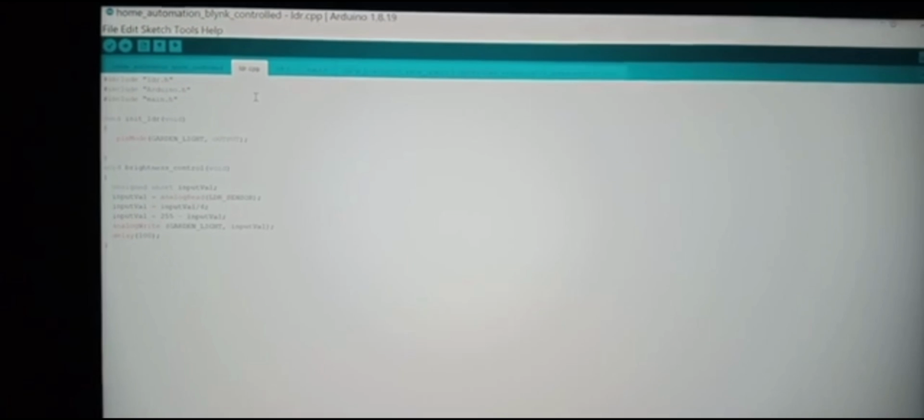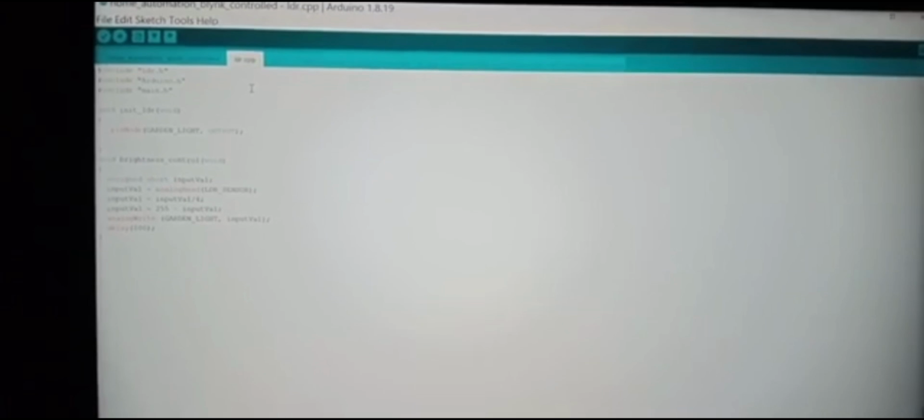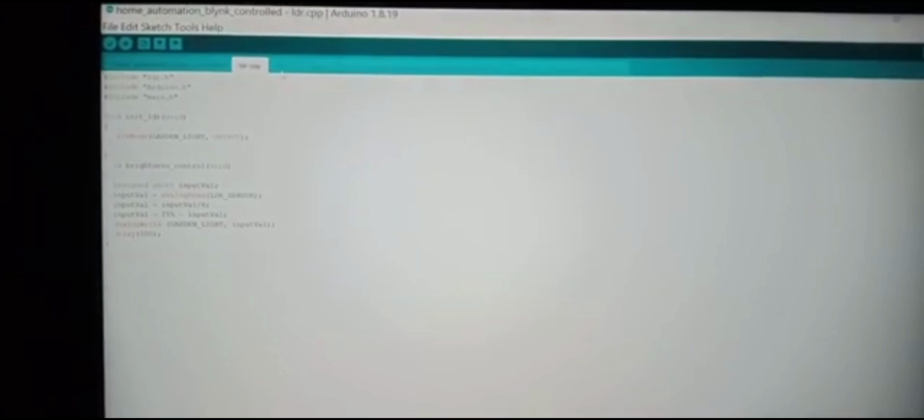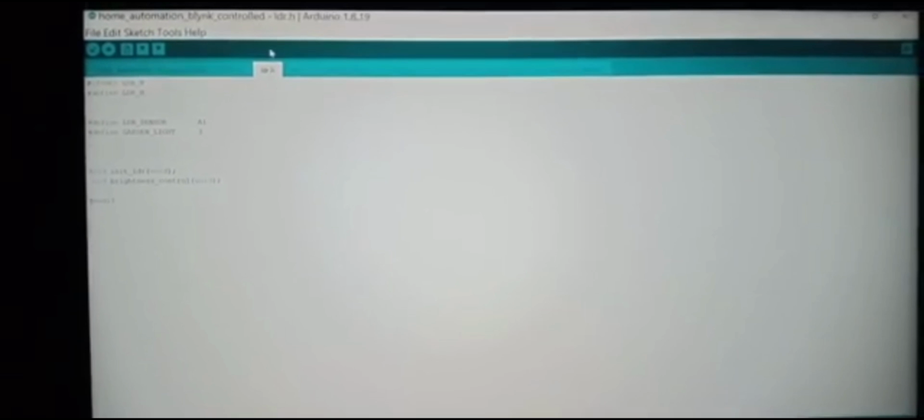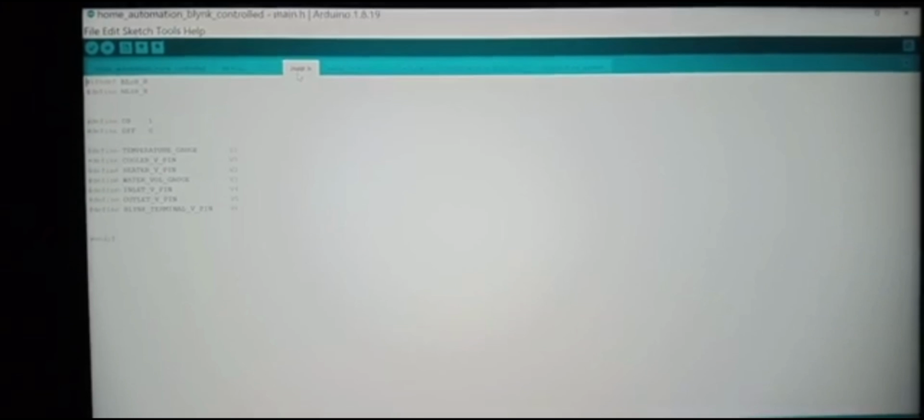This is the project code. Now we will see the practical presentation. This is my project code, home automation Blink control.